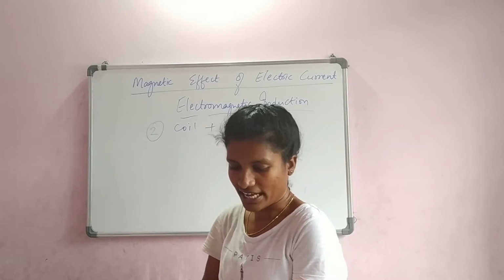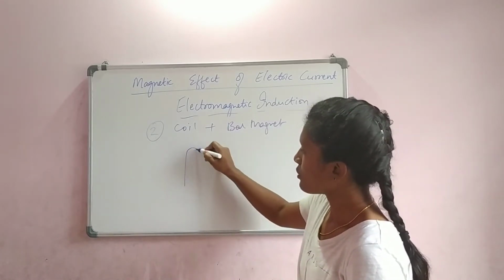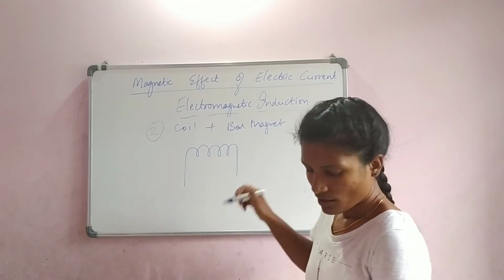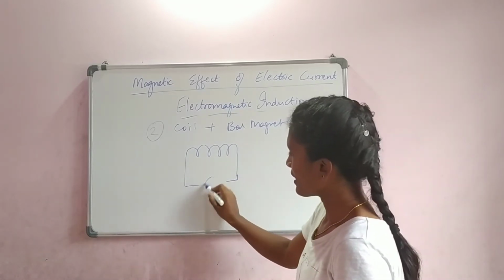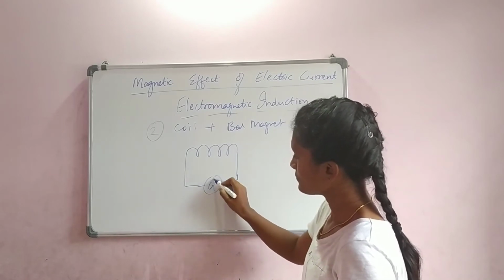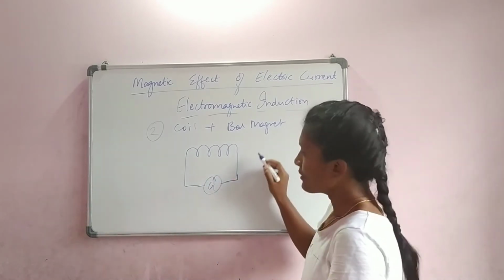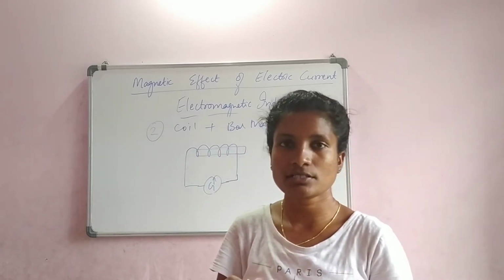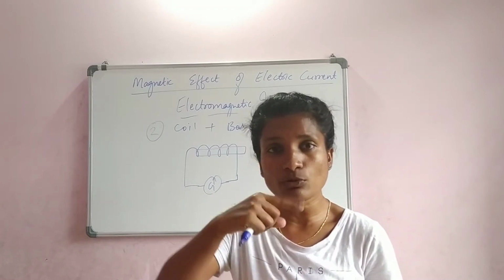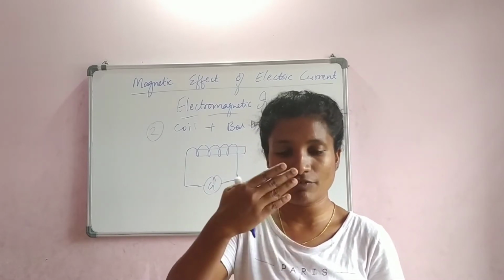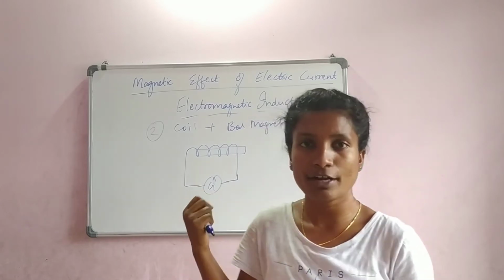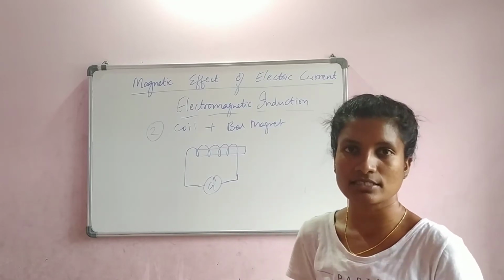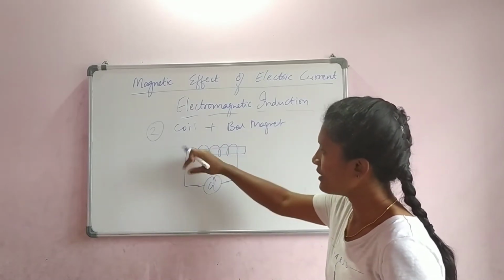Okay, let me draw the diagram for that. If it is a coil, then it should be this way, correct? The wires have to be twisted and turned. Now connect this to a galvanometer again. The deflection is neutral, and there is a bar magnet. The beauty of this experiment is that there is no need to move the coil, because in the earlier experiment we were moving the wire, correct? Here there is no need to move the coil, but move the magnet inside and outside. Both ways it is the same. So the magnet is pulled in and pulled out.